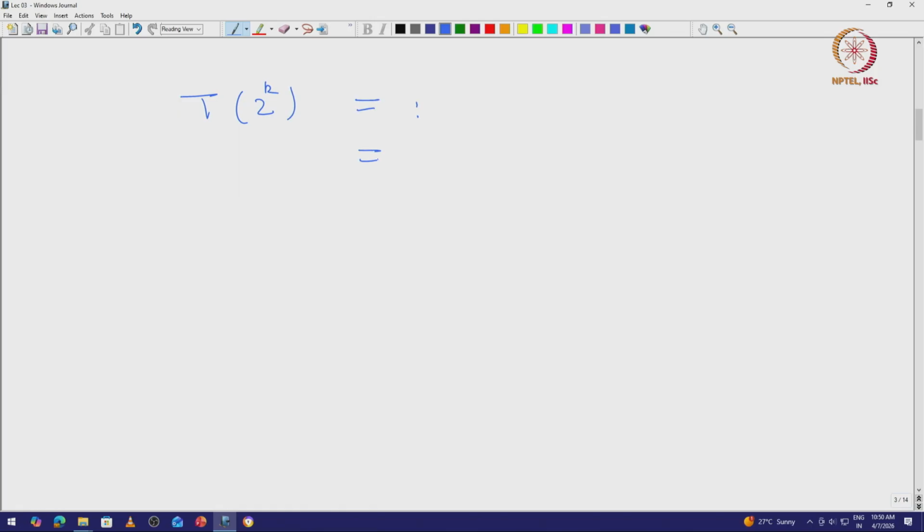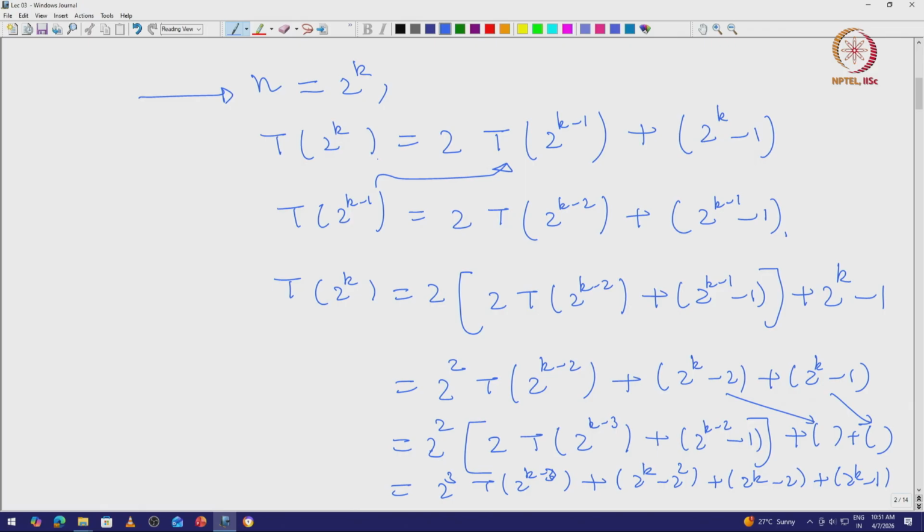After going through k steps, you see a pattern. So, what is the pattern that you see? If I have 2 power 3 here, I have k minus 3 over here. So, after k steps, I will have 2 power k over here and 2 power k minus k